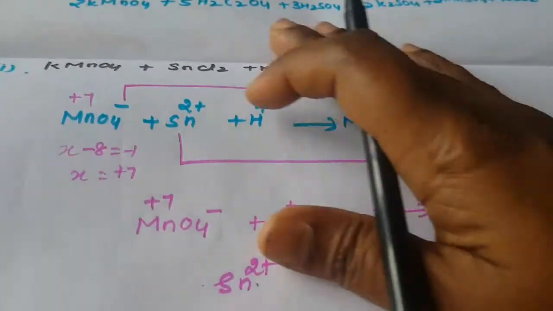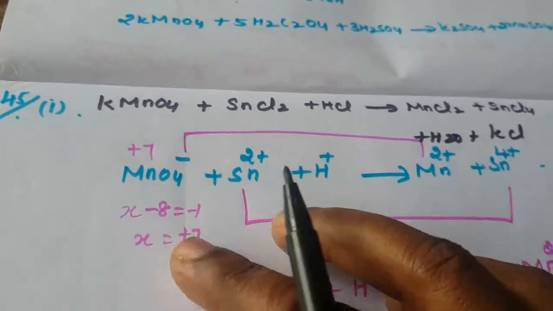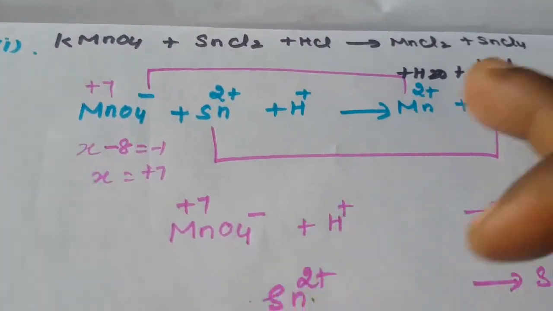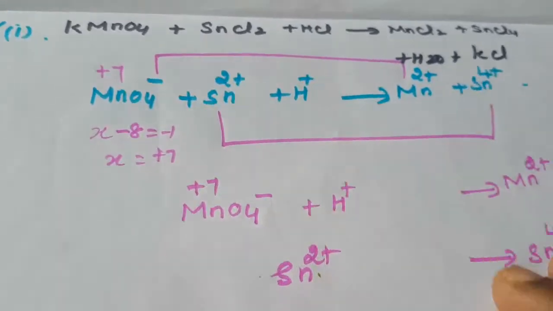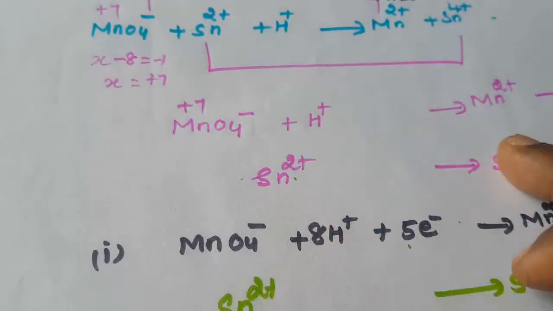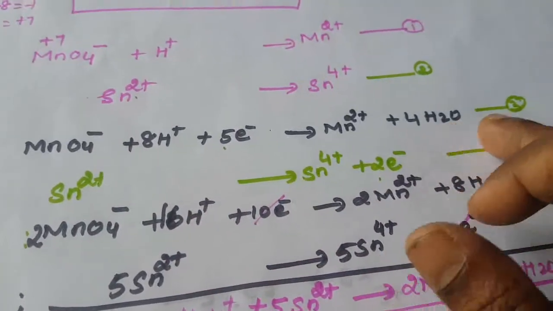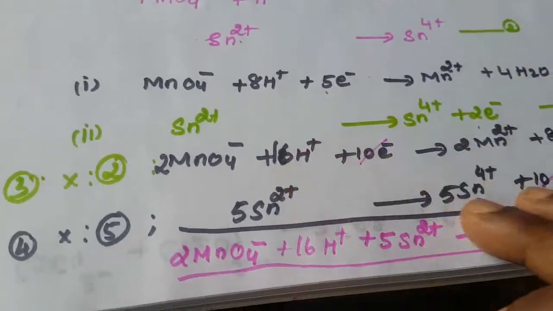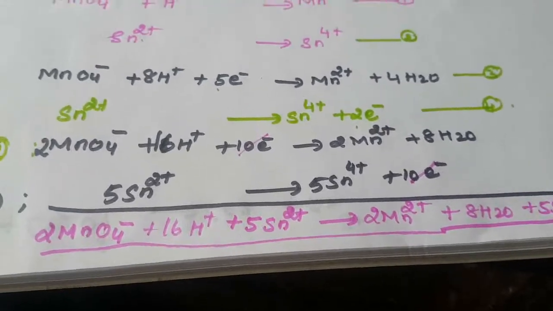Okay, once again the equation, that is KMnO4, they are giving the normal equation. First you write the ionic form of this equation, then this equation divided into two half equation. One is oxidation, another one is reduction. According to that electron we are balancing that equation. Finally you are cross multiplying that number, finally you add that answer. Okay, so this is the answer of that given equation.